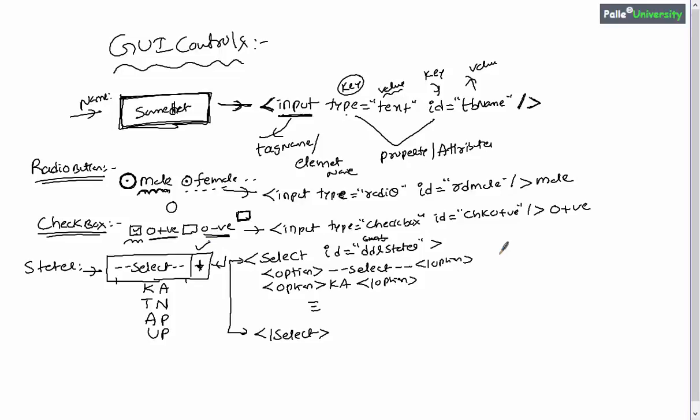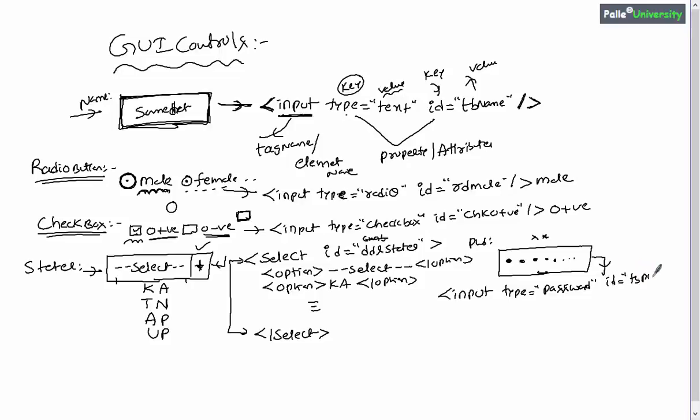Now let me try to explain how to create a password text box. In many cases you would have observed, while using some web applications, the password text boxes. When you are typing some content, in general it will display either dots or maybe star marks. It will not display the original data which you have typed into the text box. Now the question here is how to create such password text boxes. It is simple. You should write input type equals password, and again you can write TB PWD ID equals, right?